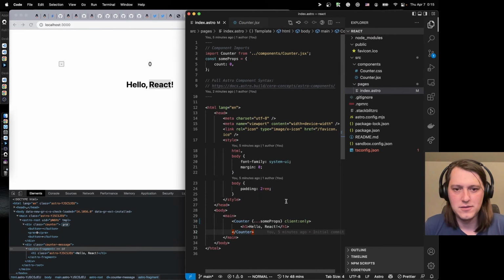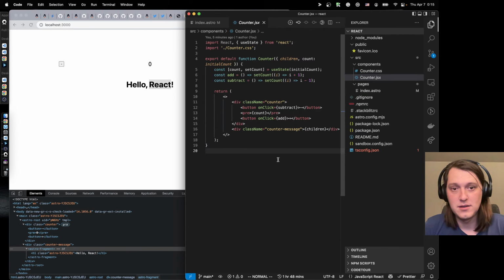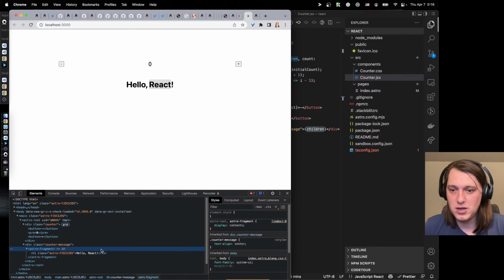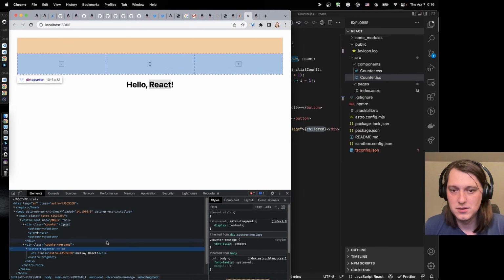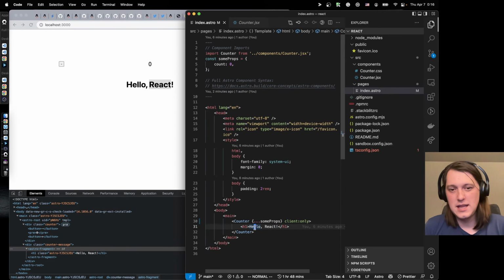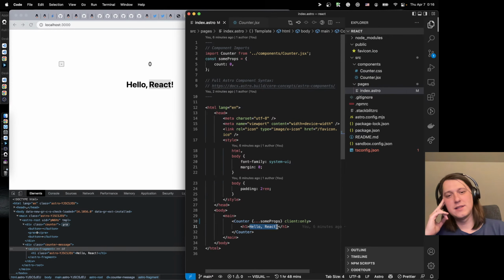But what is astro fragment? Oh, because this is a child, and we're rendering child here, it becomes an astro fragment. So that's probably because we could have a state here, and if it changes here, like by astro,